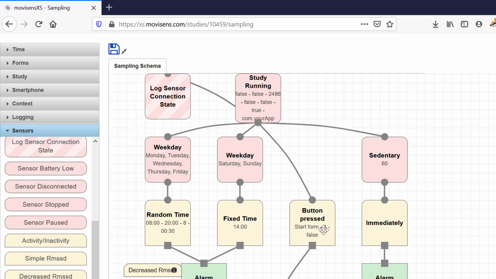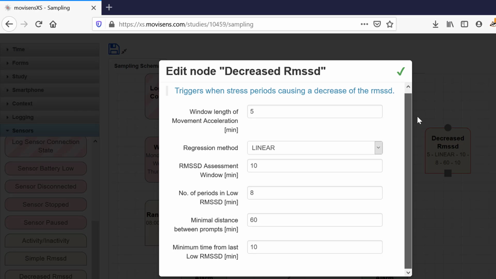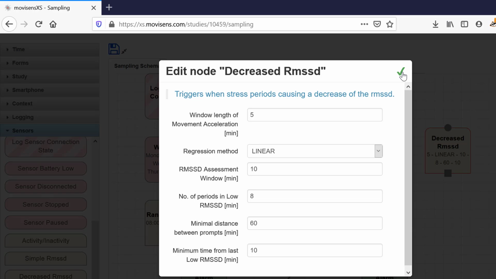So we have a decreased RMSD algorithm, which is actually far more complex and far more customizable, and was developed once again for a particular study where it was trying to detect extended periods of decreased RMSD, so a lower heart rate variability, which is often a sign of a depressed parasympathetic system. So that could be from some sort of challenge or threat that's happening to you psychologically. But the key was it was isolating movement from the situation. So the idea was that when you're jogging up and down the stairs, yes, you will get decreased heart rate variability, but it won't actually trigger a questionnaire.